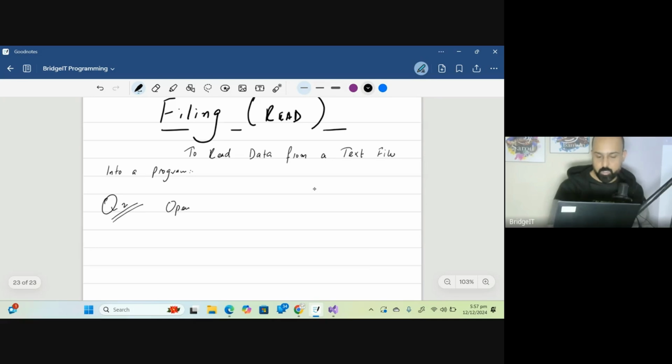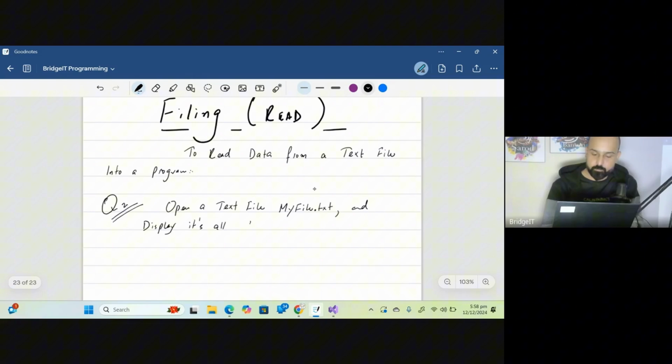Open a text file myfile.txt. The name of the file is myfile.txt. And display all its contents on screen such that name of student 1 colon Ali,